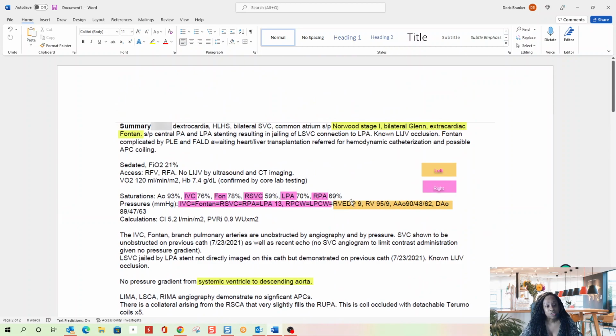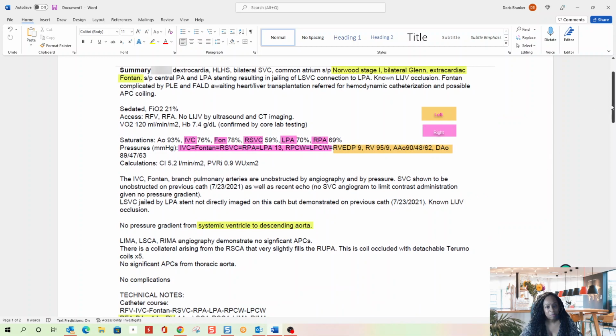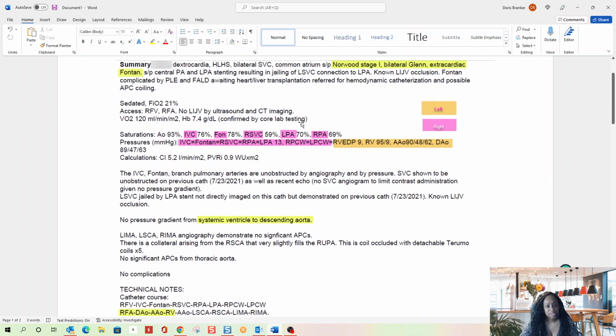So when we go back to our report, I've highlighted for you, and you can pause this and zoom so you can see all that. You can pause this video so you can see everything here and read the report on your own. But this patient has hypoplastic left heart syndrome. And typically HLHS is treated in stages, meaning they don't do all the procedures at one time. And even the procedures that they do are palliation, meaning they don't cure it. It holds them over until they can get the patient a new heart, because we just don't have a surplus